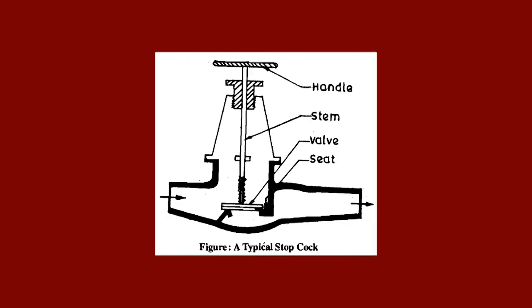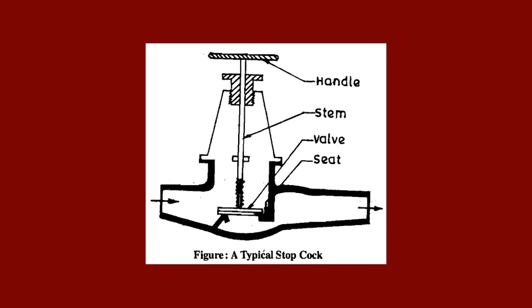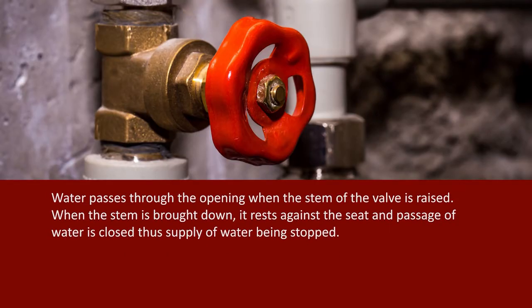A typical picture of the stopcock is shown below. Water passes through the opening when the stem of the valve is raised. When the stem is brought down, it rests against the seat and passage of water is closed, thus supply of water being